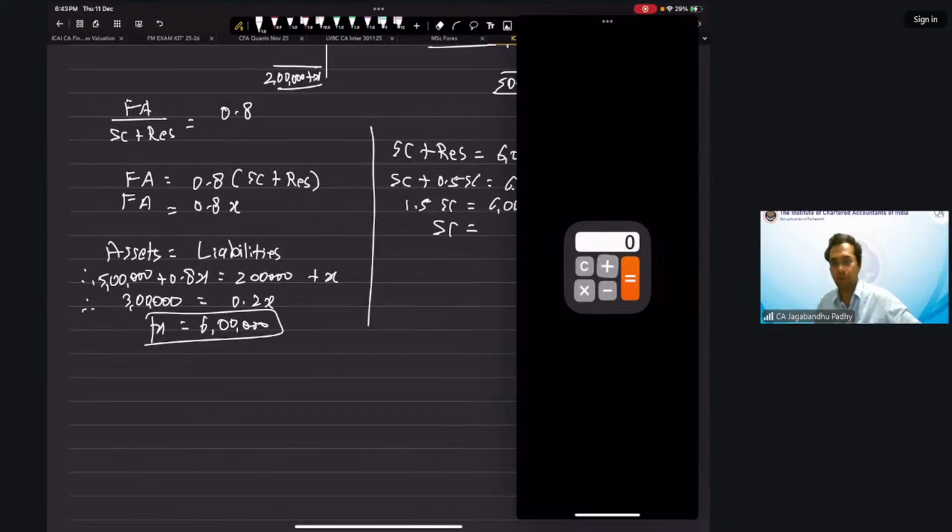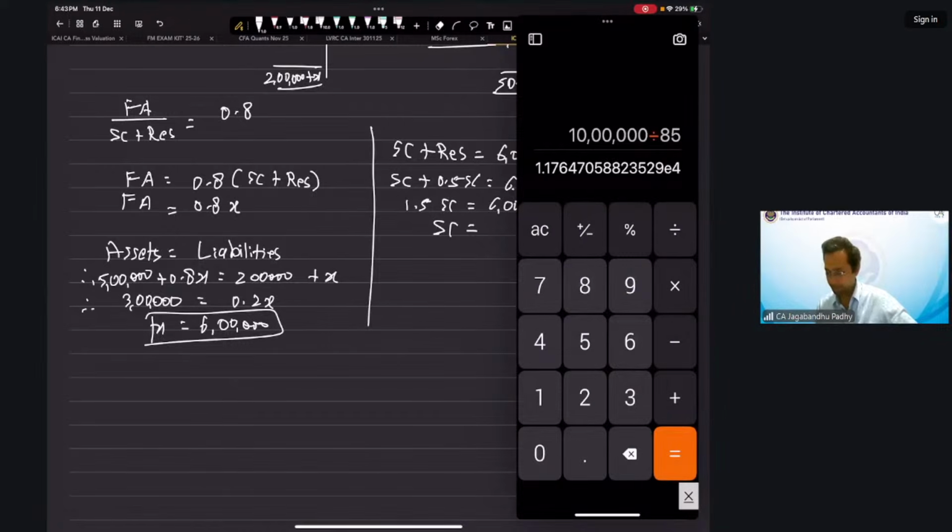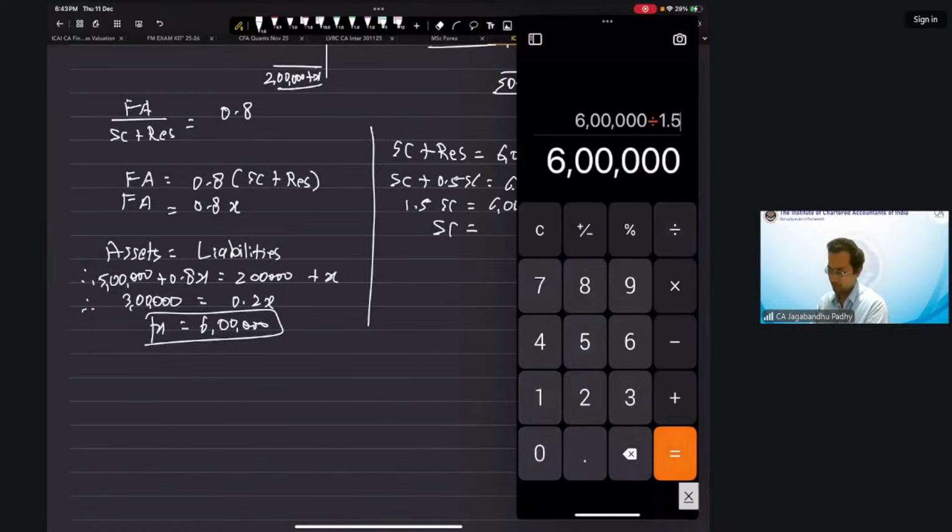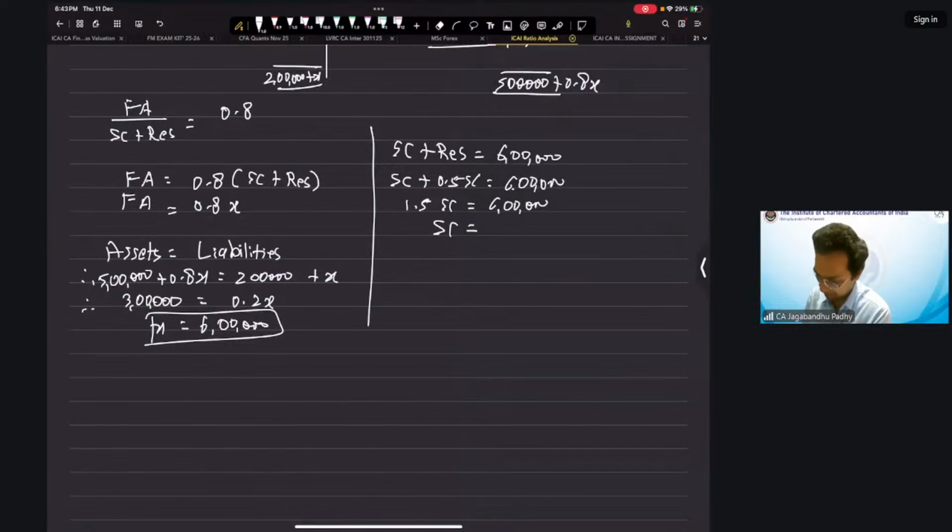6 lakh divided by 1.5. This is 4 lakh, right? There's a mistake. X is 15 lakh. Yeah, this is 15 lakh, correct. So if this is 15 lakhs,